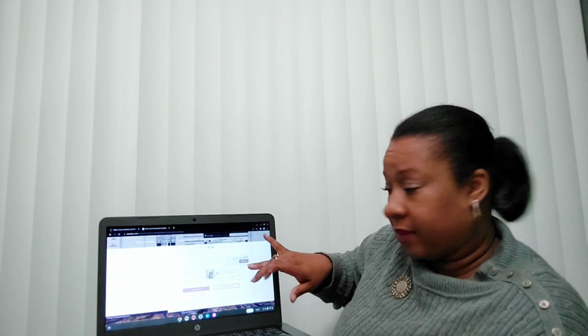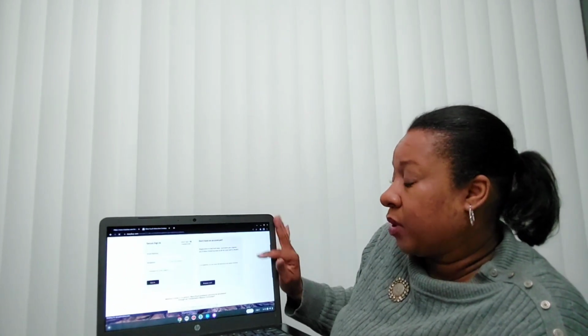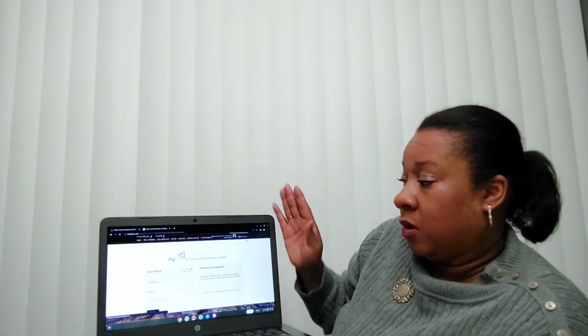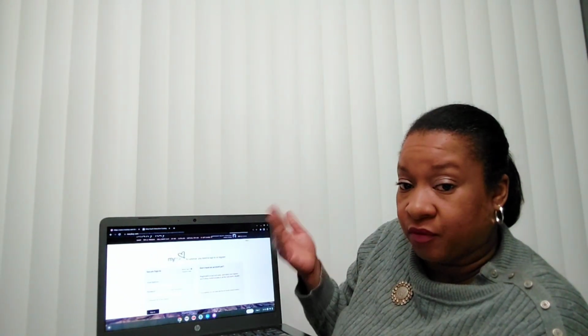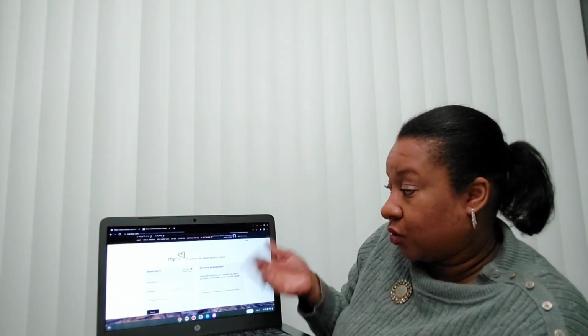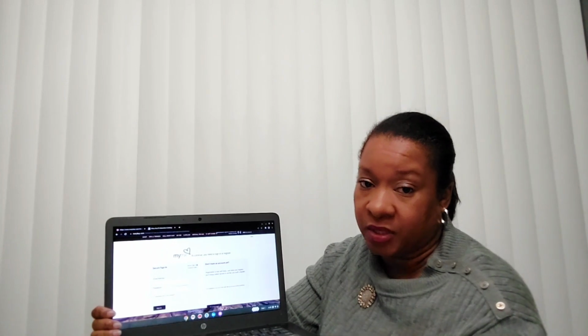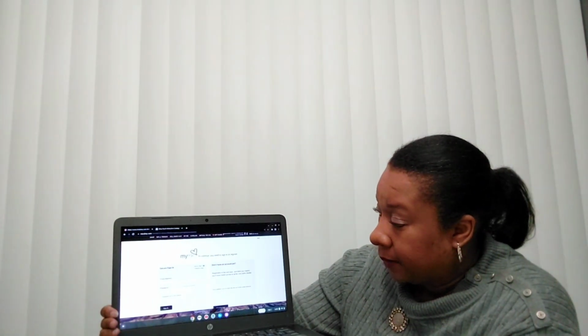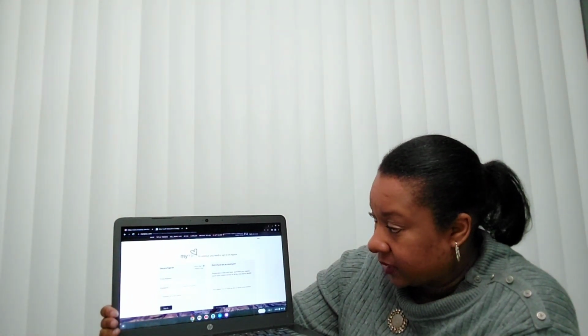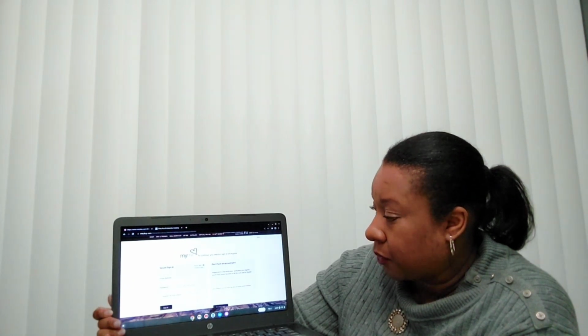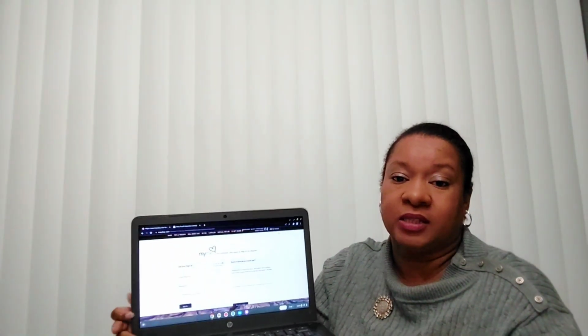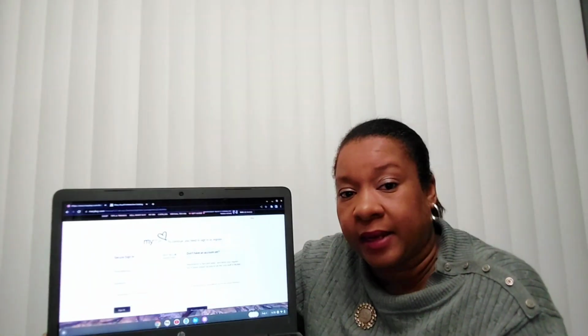It allows you to check out right there. When you hit checkout, you can either sign in with your email address and your password if you've already registered. If you have not registered, then all you have to do is register. It's good because it keeps everything, your wish list items, it keeps everything there. It's fast and easy, and you can customize it for yourself. But that's just to tell you a little bit about how that interactive